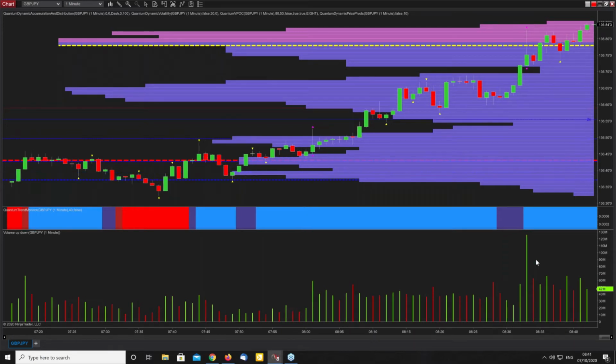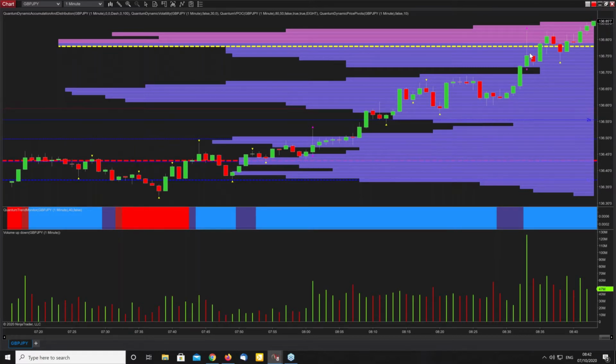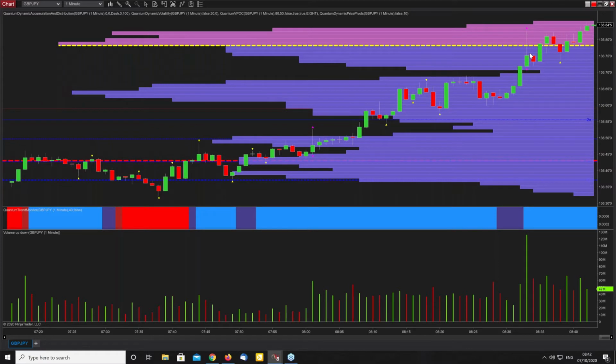If you're in a trade, if you'd got in down here somewhere and this is a long position you're in and you see this coming in, close out, or at the very least, close out most of your position. If you're scaling out and you've gone in with multiple lots or multiple contracts, take most of it off the table and just leave one to run. If you lose one, fine, you get stopped out. Okay, you've still got a chunk of profit in the bank. Or you close the whole lot out. If you're only trading one, take it off the table, bank the money. As soon as you see this trigger